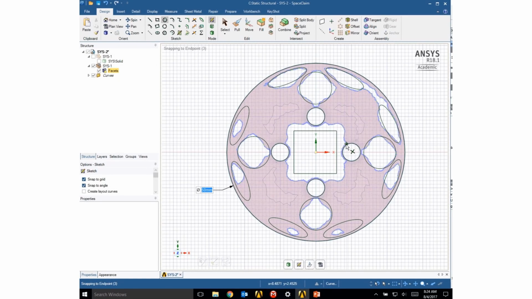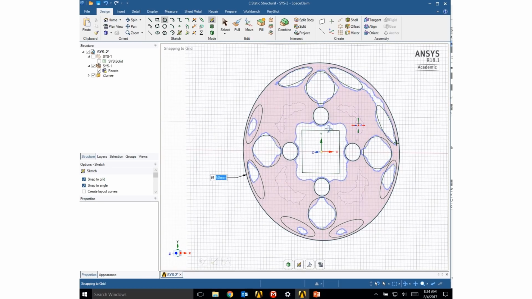So once you have the geometry built, you're ready to pull it and apply boundary conditions and loads, and then look at the new results to validate the geometry. But before doing this, I just want to point out that since we deleted all of the lines, we had to generate a new outside line as well as generate these lines or circles for the holes. So now that we have them,